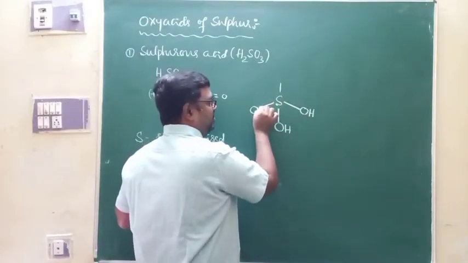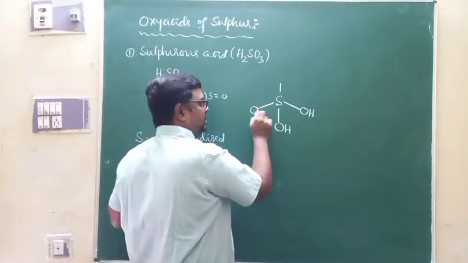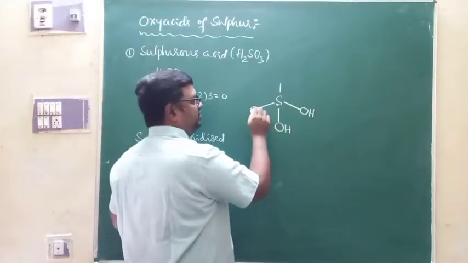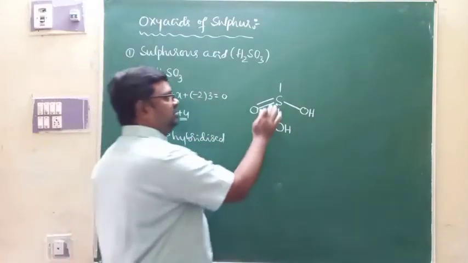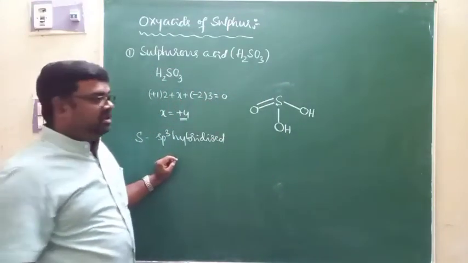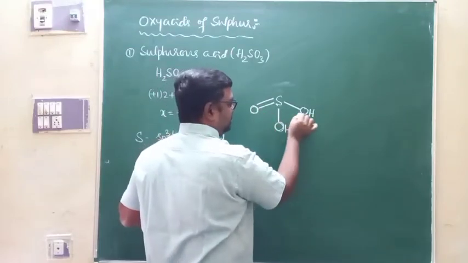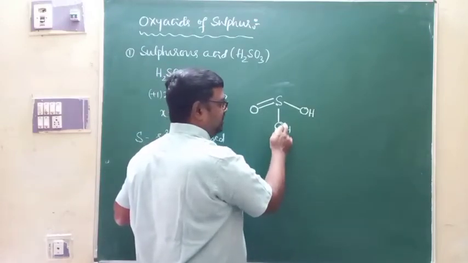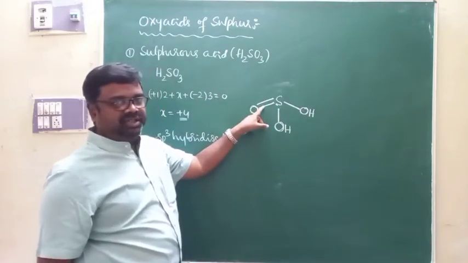Look here, we have one oxygen with a single bond, where oxygen is attached to sulfur through a single bond. But the valency of oxygen is 2 here. Therefore, to satisfy that, you maintain a double bond between sulfur and oxygen just by removing this bond. So this is what we call sulfurous acid, H2SO3, where the valency of oxygen is 2. In all the cases, the valency of oxygen is satisfied. Here 1 and 2. Hydrogen's valency of 1 is satisfied. This bond satisfies 1. Here also the valency of oxygen is 2. Here also the valency of oxygen is 2.